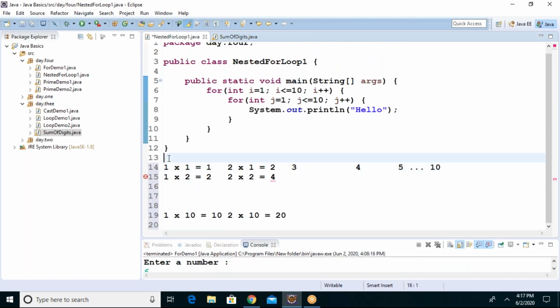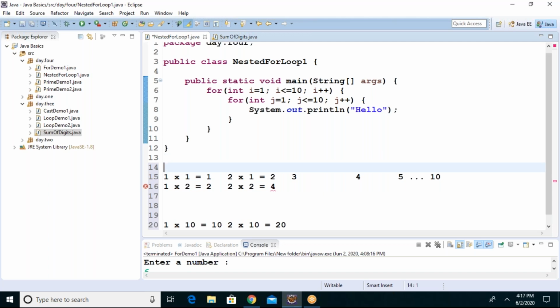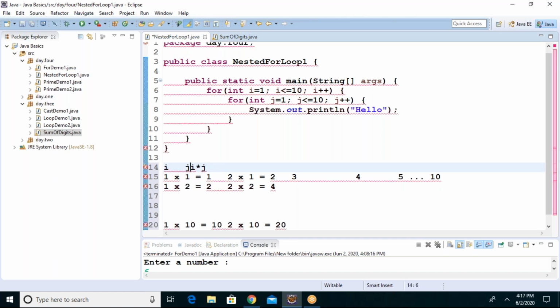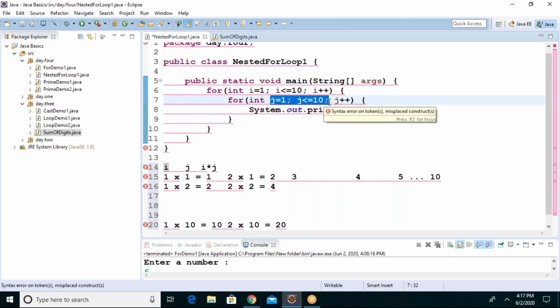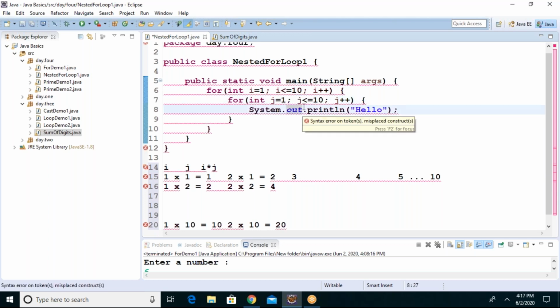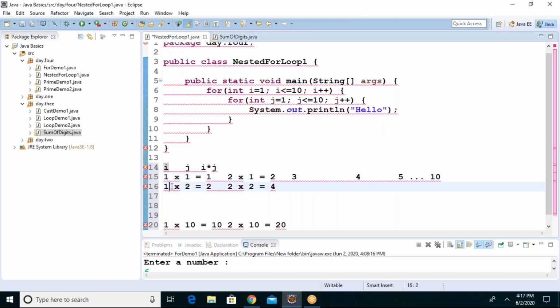No. And if you observe this, assume the first value is i, the second value is j, and this is the product of i and j. Now tell me, i value first 1, right? Then j starting from 1 to 10, right? Correct? Yes or no? i value is 1, 1, 1, but j is 1, 2, up to 10.